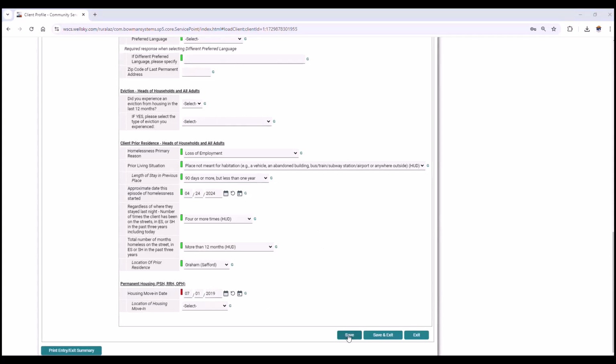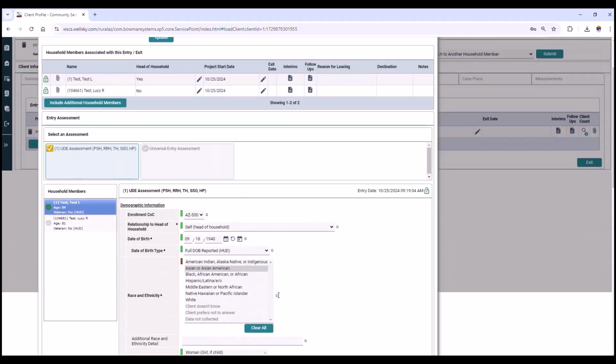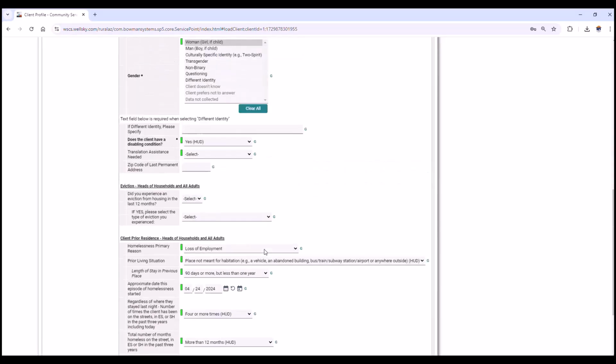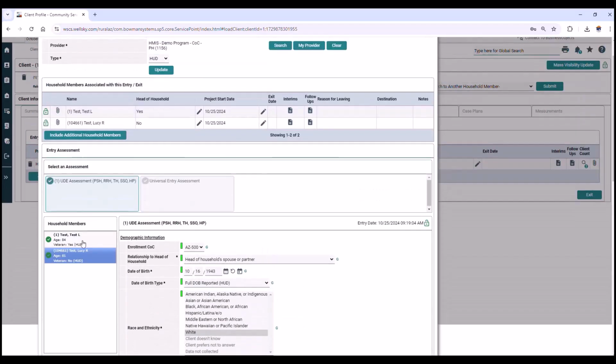We're going to go ahead and click save, not save and exit. We're going to click save and then scroll up and then select the next household member. I went ahead and completed their data elements. So once the next household member's data elements are complete, you'll scroll down again and select save, and then go back to the head of household, and then you will start your next assessment, which for us is going to